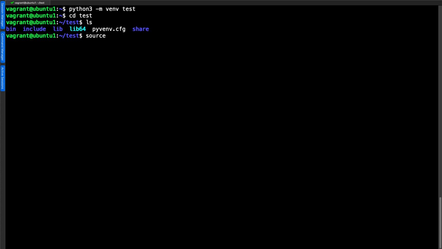To activate this environment, we go into our test directory. I'm already in it. So from the test directory, we read in the bin/activate script, and that sets up our environment. We can see that it's changed my prompt to show that we're in the test environment.